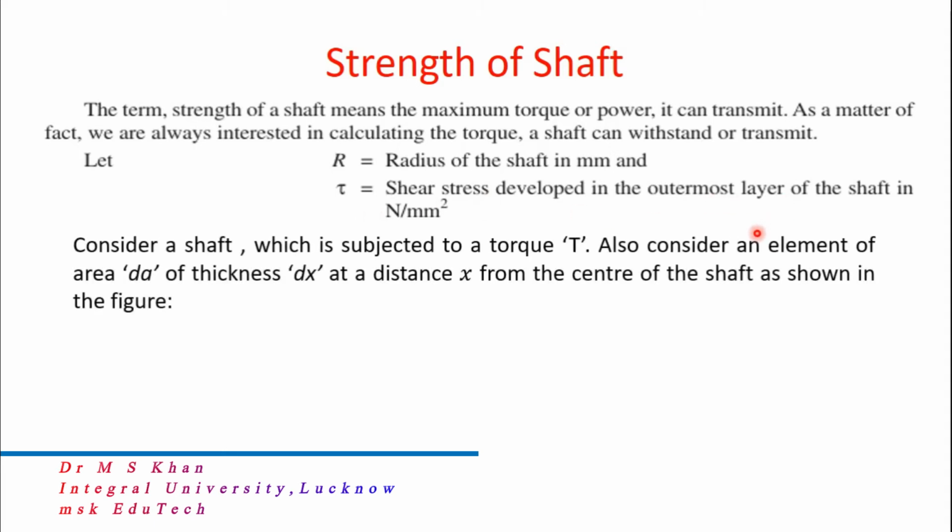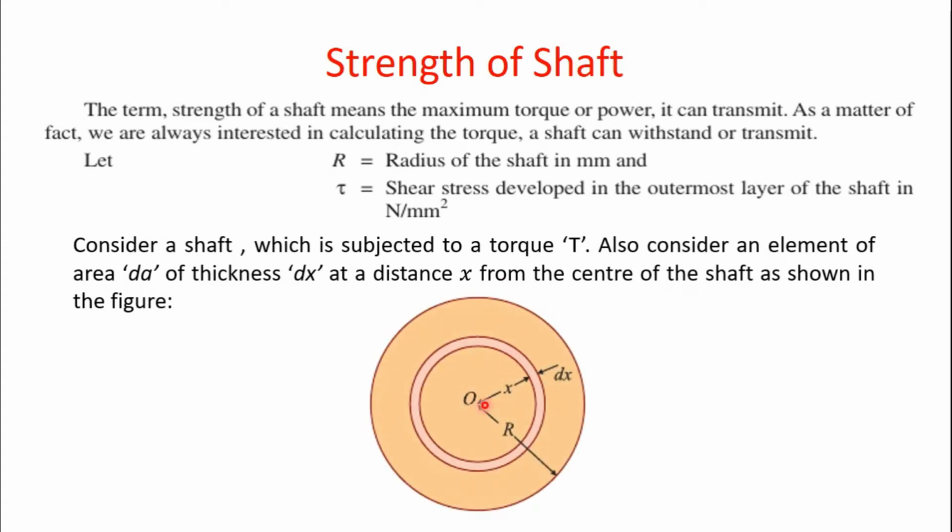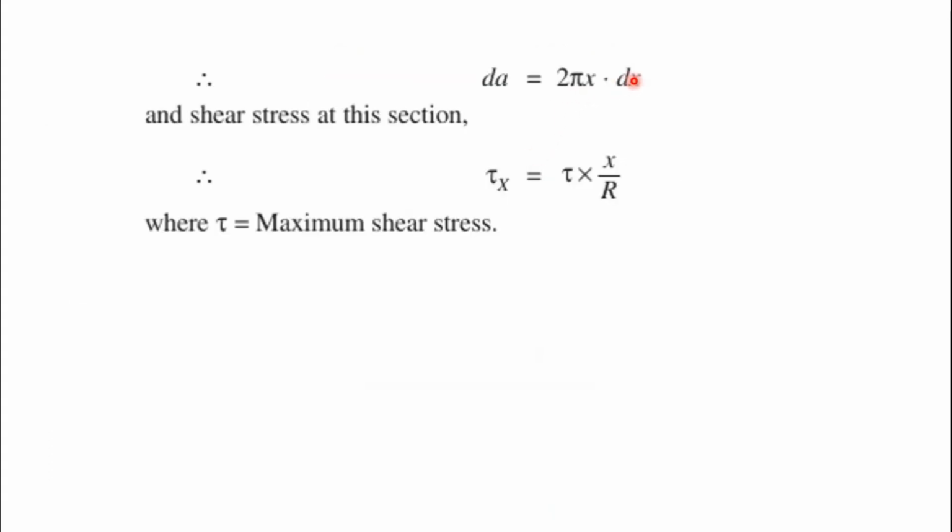So consider a shaft which is subjected to a torque T. Also consider an element of area dA of thickness dx at a distance x from the center of the shaft as shown in the figure. The figure is here. So you can see we have considered a shaft and we have considered a very small elemental area at a distance x from the center, and the thickness of that elemental length is dx, and the area of this very small element is dA as we have assumed, and R is the radius of the shaft. So therefore dA equals 2 pi x into dx, because 2 pi x is the circumference multiplied by dx, which is the thickness,